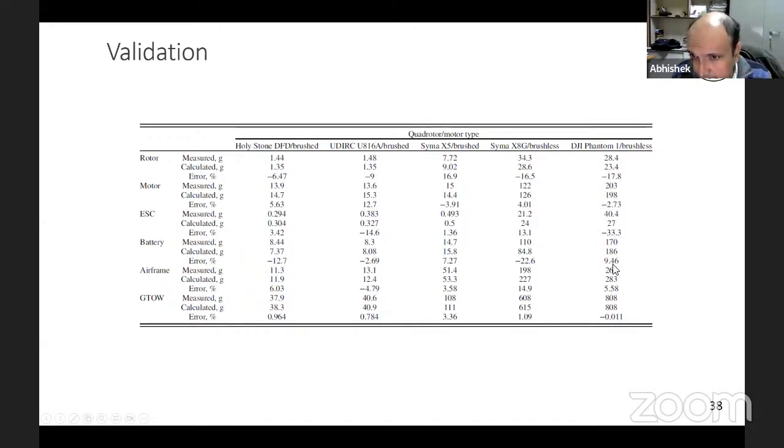So even despite some of these errors, it actually balances out very nicely, and the final weight of the actual craft and the final weight coming from the design ended up being exactly the same. And that is how it is. For the final gross takeoff weight, in most cases, we see very, very small errors. So that gives you confidence that these kinds of approaches are fairly meaningful and really valid